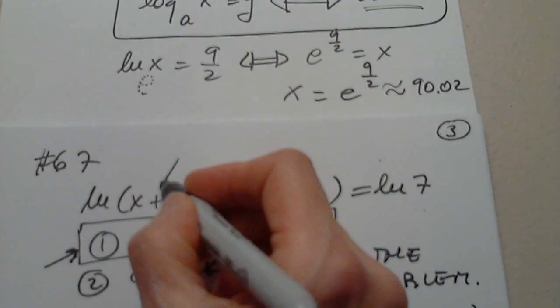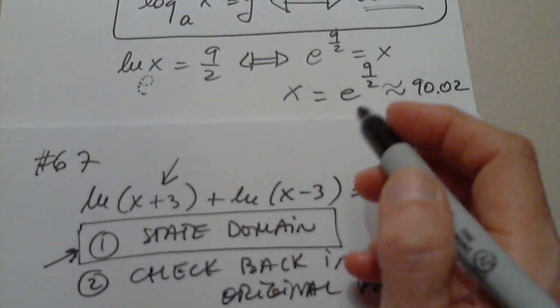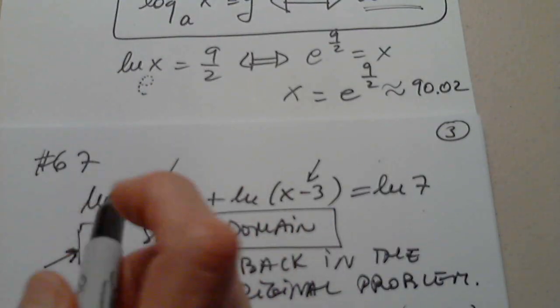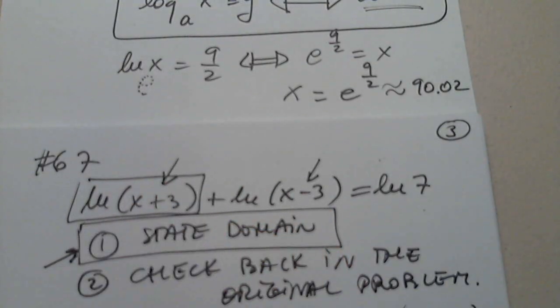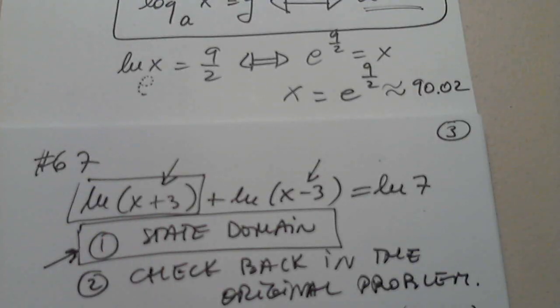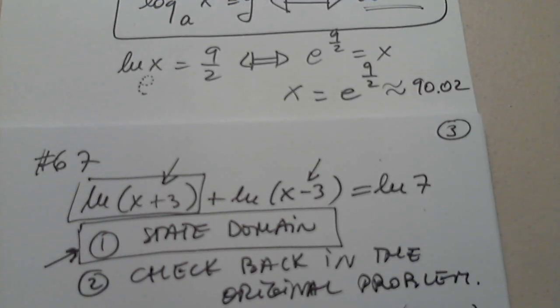So, the domain for this, if you remember from last time, how did we determine the domain of natural log of x plus 3? Anyone remembers? We had an example last time with domain. What did we write? So it had to be